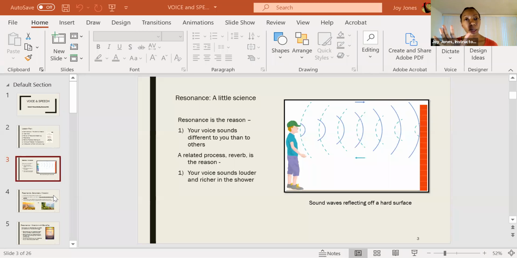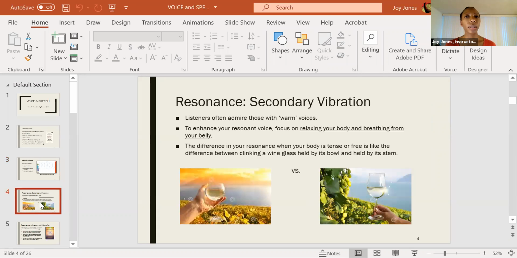So that was the piece I wanted to give you. And then I think I showed you this slide in the previous section. So you've got your principles of sound waves. Then we move into the body, where I'm inviting you to see that one of the gifts of relaxation is that you'll be more resonant. And you see my little slide there with a glass on the left, that's the tense voice, versus the glass on the right.